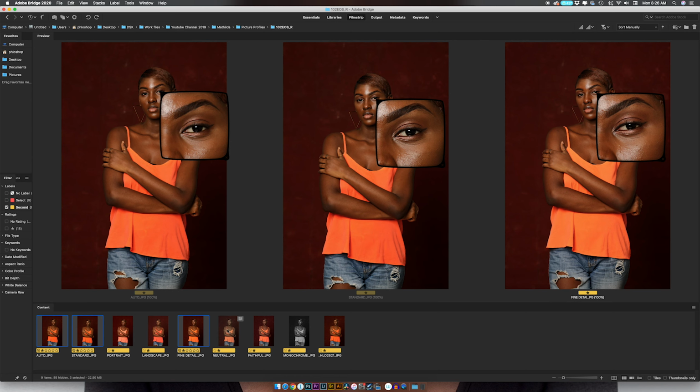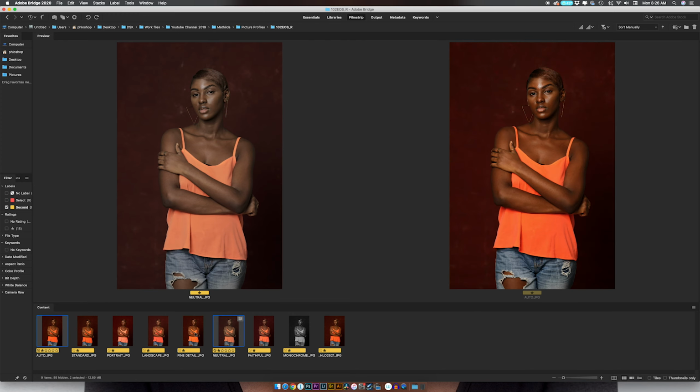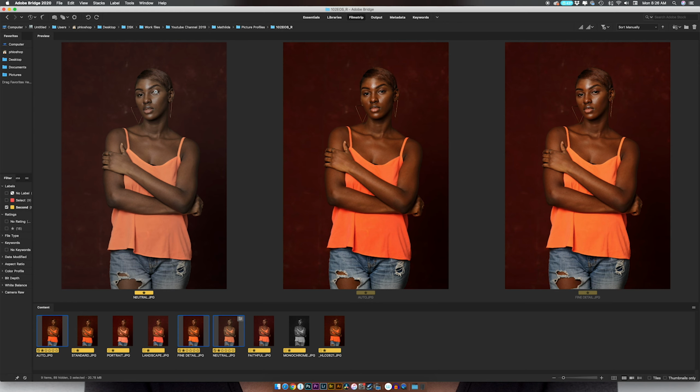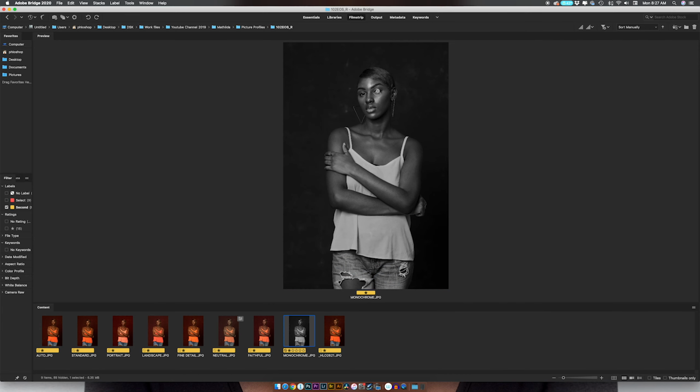Let's see what neutral does as well. So neutral compared to auto and compared to fine detail. Just zooming into the eye. Again, you can see fine detail resolves a lot of detail. Neutral is also really soft, and that is also going to give you the room to play with the sharpness level yourself. All right, now looking at monochrome, monochrome reserves a lot of detail, but then again, there's no color,